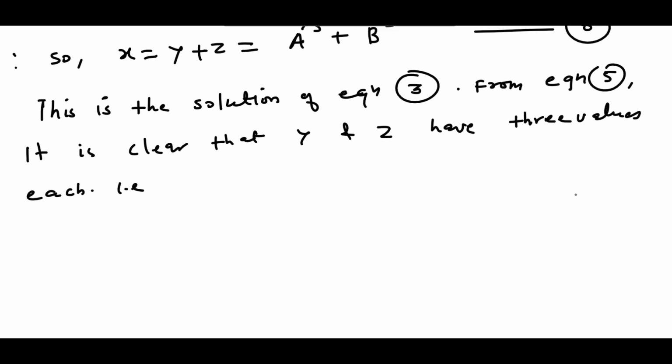So if y and z have three values, then how many values of x? That is 9, total 9 combinations. So we can write here x has in all 9 values,